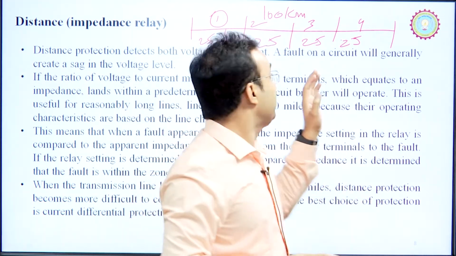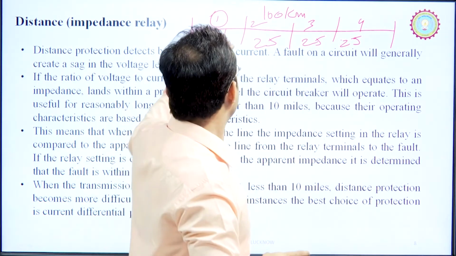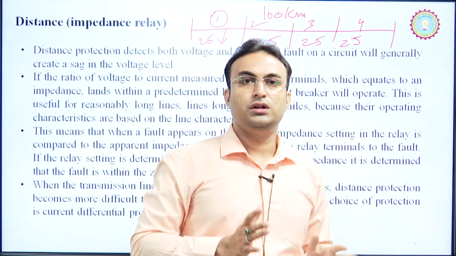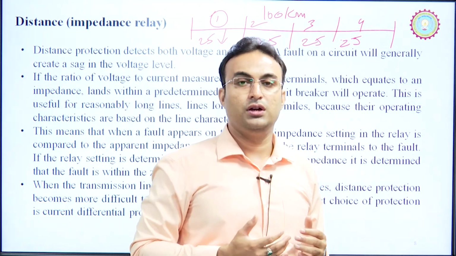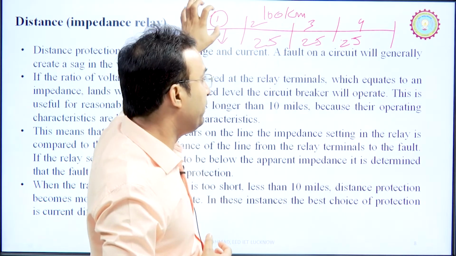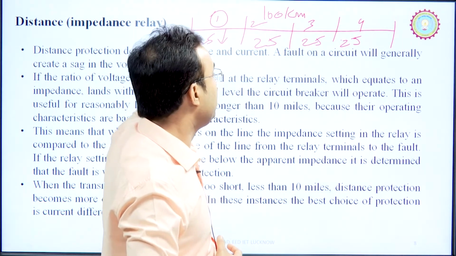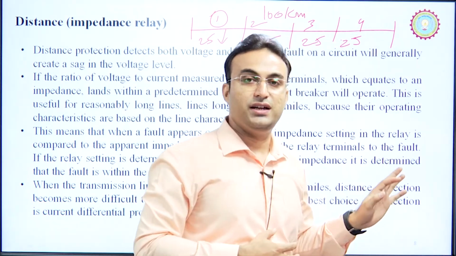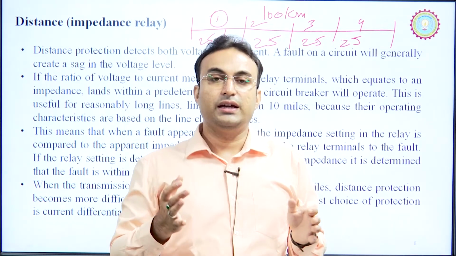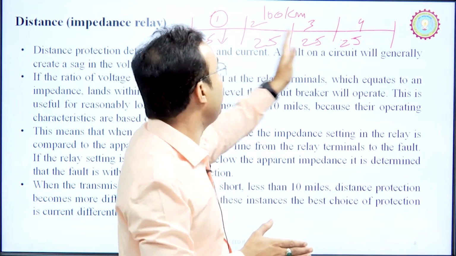So, we do not want to check zones 2, 3, 4. We are highly focused on checking zone 1 only, because zone 1 is responsible. We do not want to check the other zones, because we can understand that the distance relay of zone 1 operated, so the fault is in zone 1. If the distance relay of zone 3 operates, we can understand the fault is between these two lines or in zone 3. That is why we can sectionalize, or divide a whole line into zones or into sections.